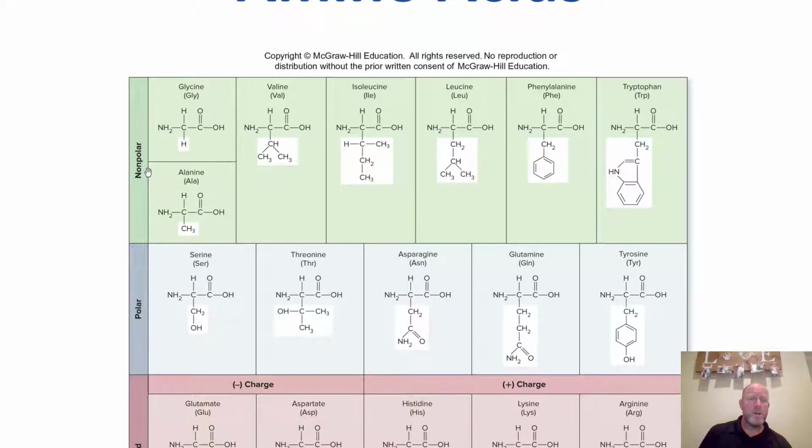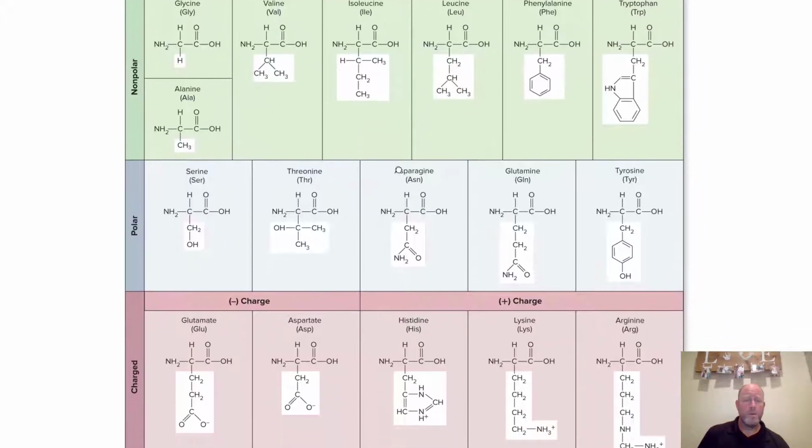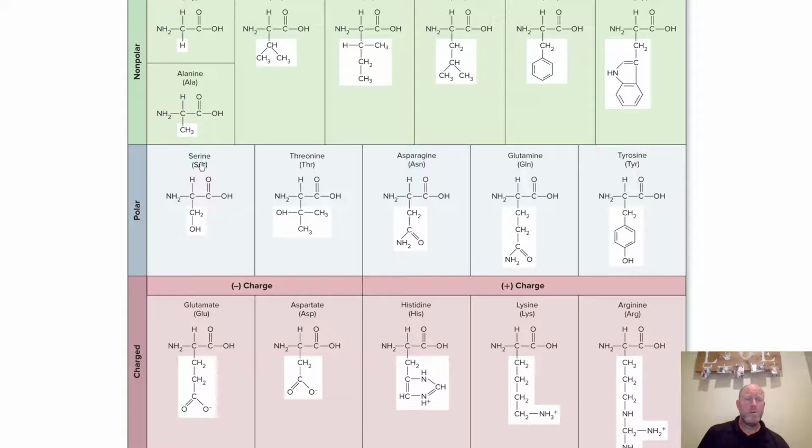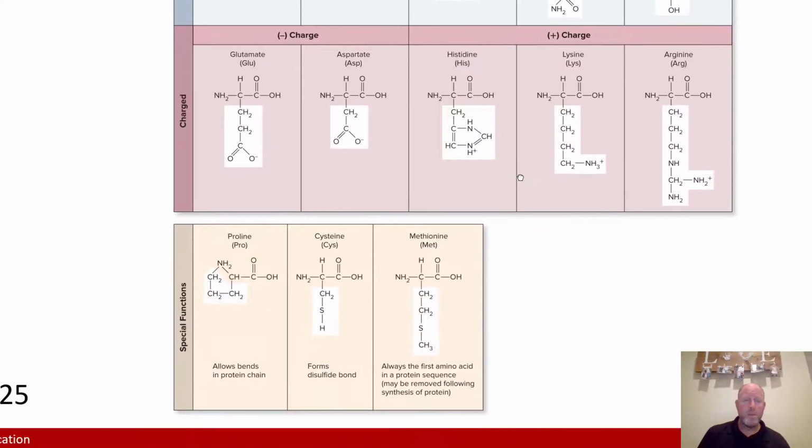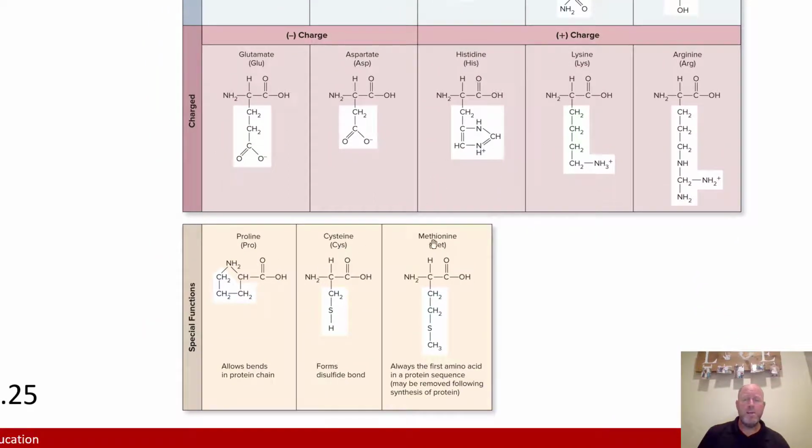There we go. So we have the nonpolar with glycine, alanine, valine, isoleucine, leucine, phenylalanine, and tryptophan. And we have our polar with serine, threonine, asparagine, glutamine, and tyrosine. Charged, we have glutamate, aspartate, histidine, lysine, and arginine, or arginine, some would say. Proline, cysteine, and methionine are the special functions,